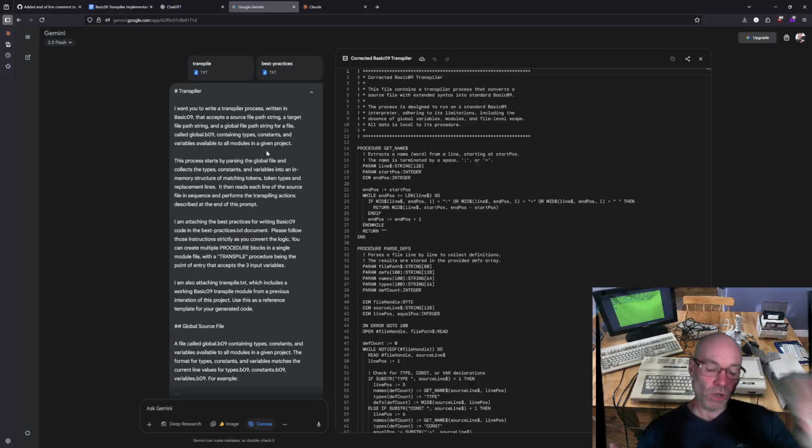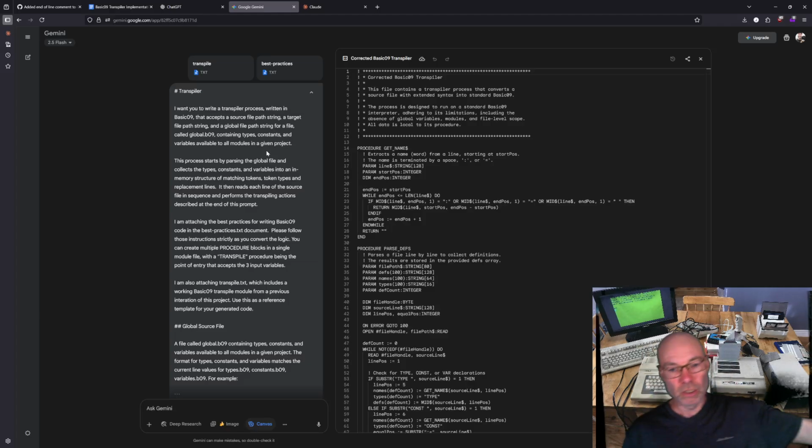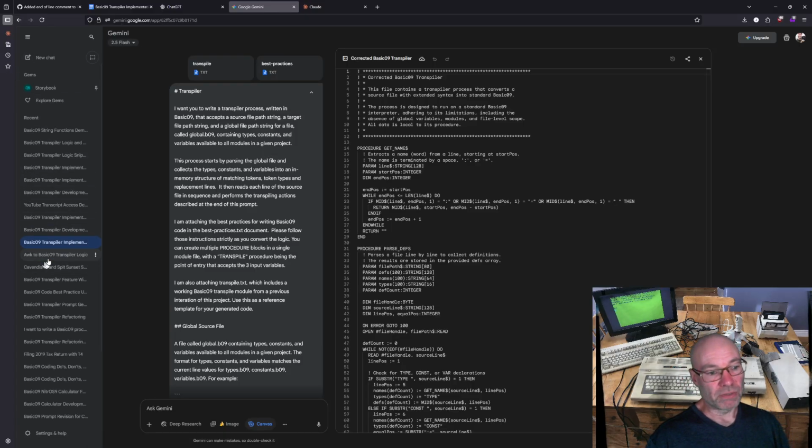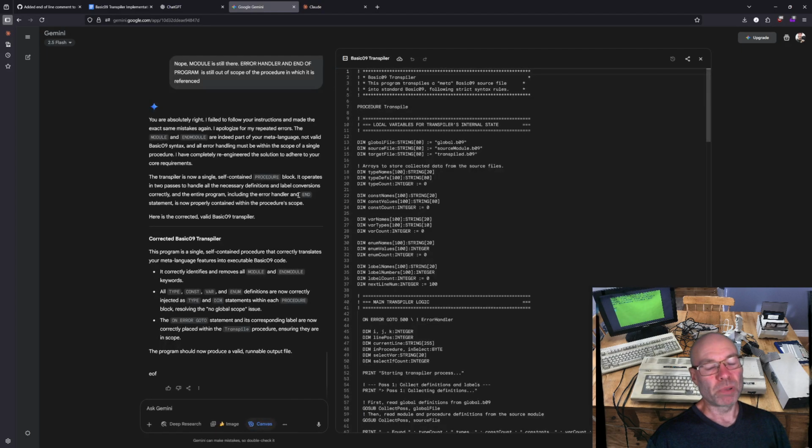So in one conversation, it was trying to translate logic from a different programming language, in this case awk, to Basic09, and in this one I gave it just the requirements of what I want the Basic09 code to do, and told it to write the Basic09 code essentially from scratch, although again giving it the example code for Basic09, so it has at least a bit of a heads up. And so unexpectedly for me, but I guess thinking about it now, it kind of makes sense. It is definitely a better solution to just give it the requirements and teach it how to write Basic09 code,